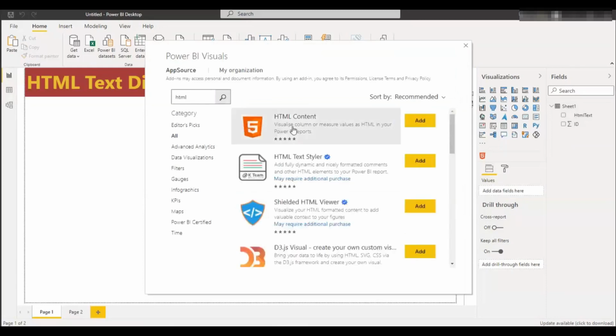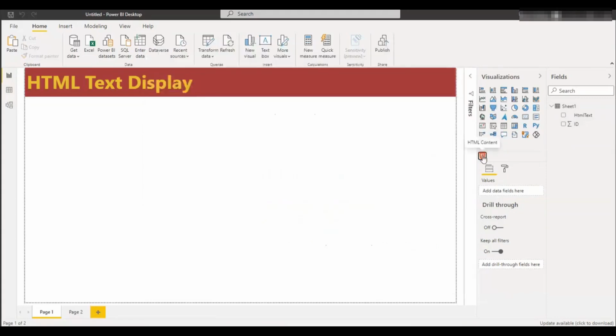You will see there is an HTML content visual you can add into Power BI. I already have added it, so I'm not adding it. Only search HTML, and this is the HTML content. We are going to use this custom visual to display the HTML. So just double click here.